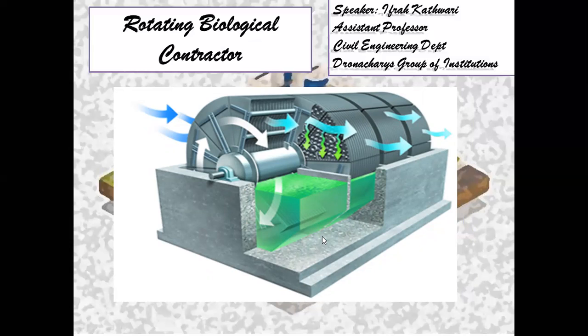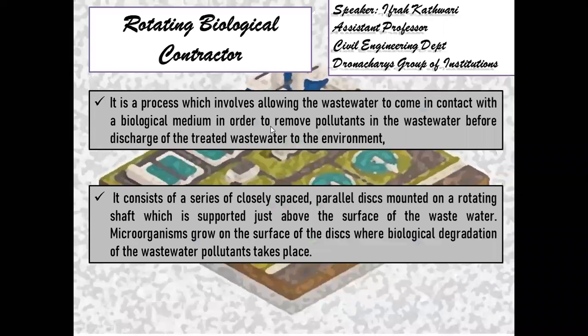The contactor keeps on rotating in circular motion, and the organic matter present in the wastewater gets in contact with this biofilm, or we can say the microorganisms, and gets decomposed, and hence the water gets cleaned up. This is what happens in the rotating biological contactor, and it's a continuous process until all the organic matter gets decomposed from the water, and hence we get clean wastewater from this process.